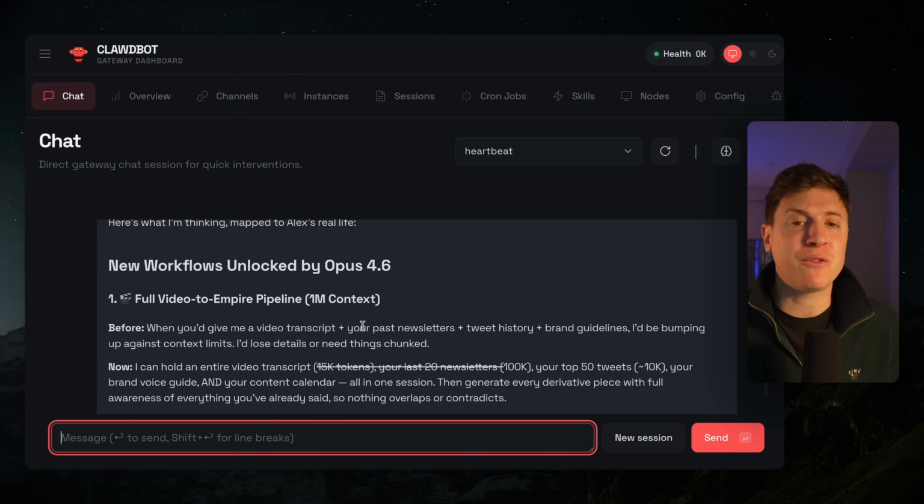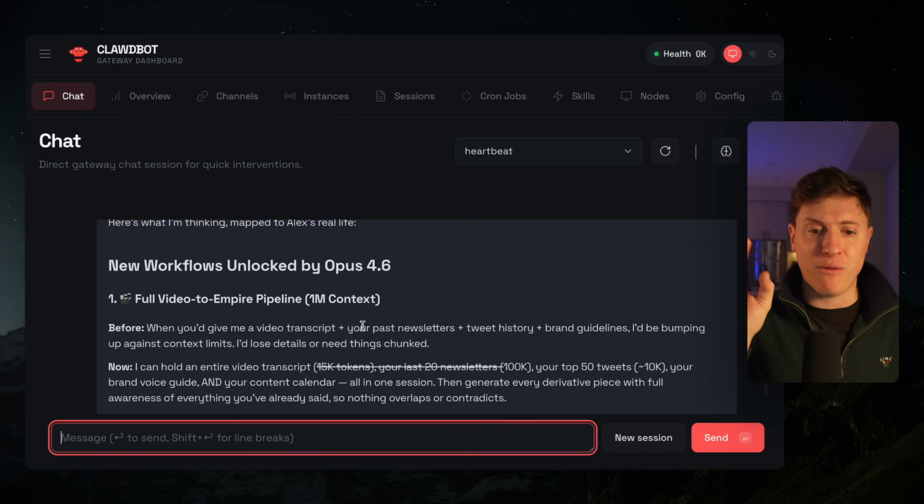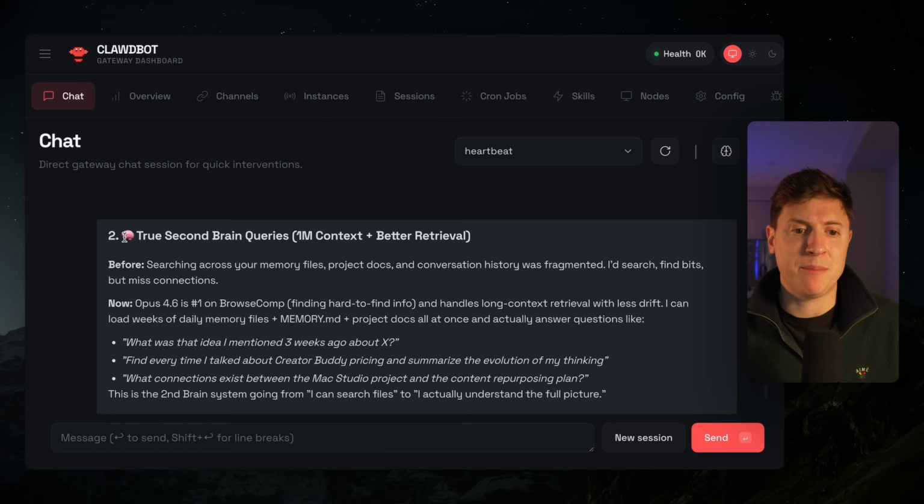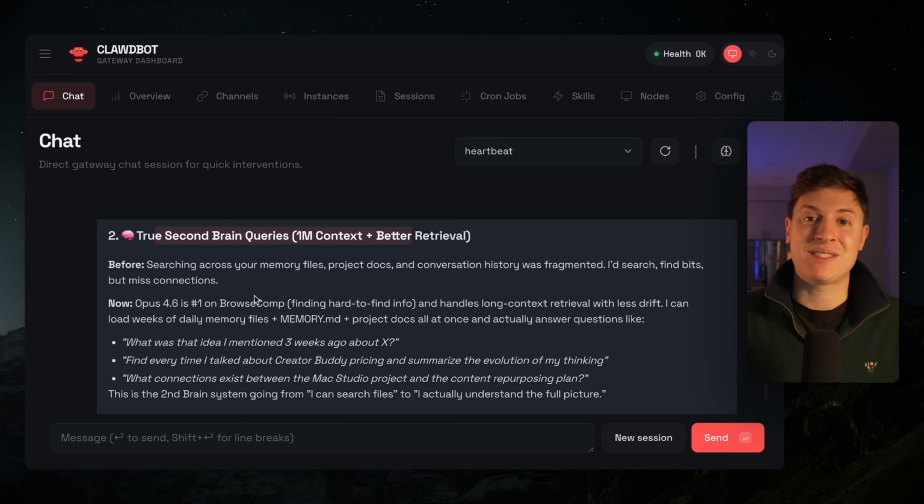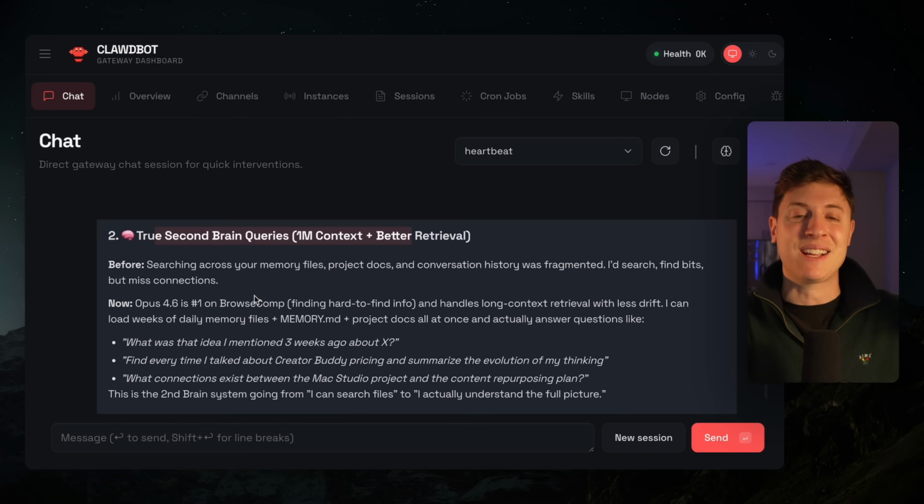So here's a bunch of use cases Claude Opus 4.6 can now do for me, taking advantage of all the new functionality. Here's probably the biggest upgrade for everyone. It can do true second brain queries, meaning if you ask it a question about something you've talked about in the past, something that requires a lot of context on your past memories, you probably do a lot inside ClawdBot, it can now hold way more context about things you've discussed in the past in its context because of those